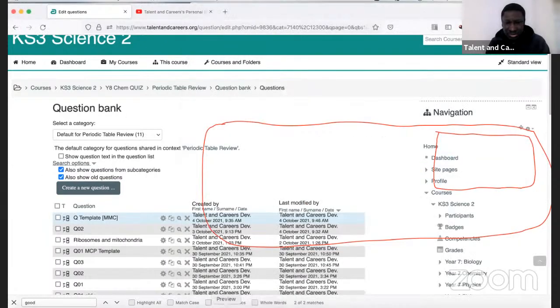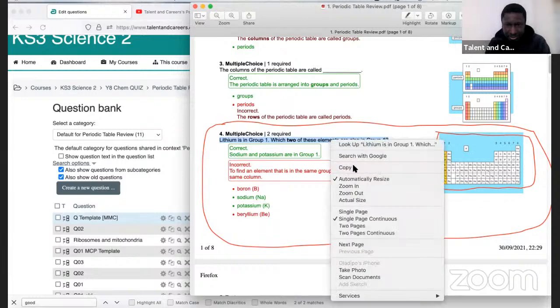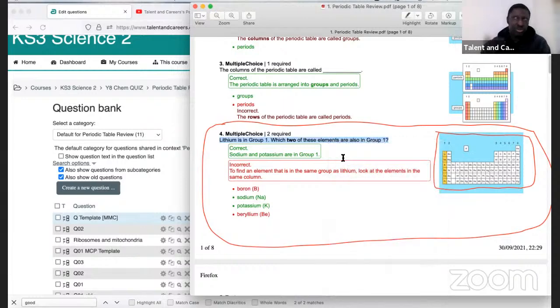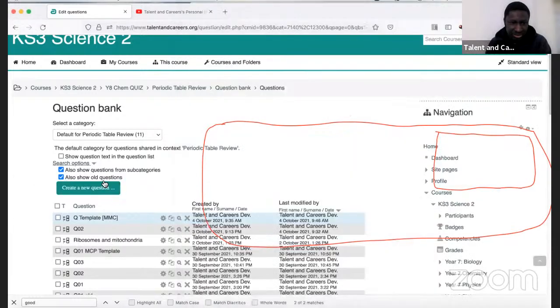So the first thing I'm going to do is to come to the question itself. Lithium is in group 1. Which 2 of these elements are also in group 1? With this type of question, you have to think properly because, as I mentioned, I want us to have at least 2 questions that the system will be randomly picking. So I'll copy this, right, and I'll come to the Talent and Careers